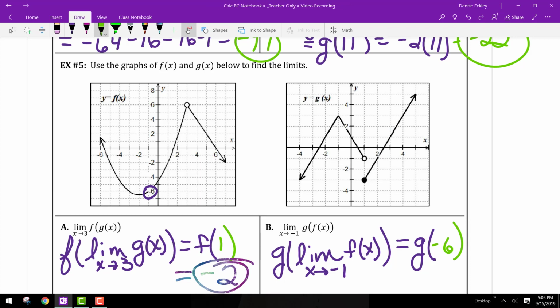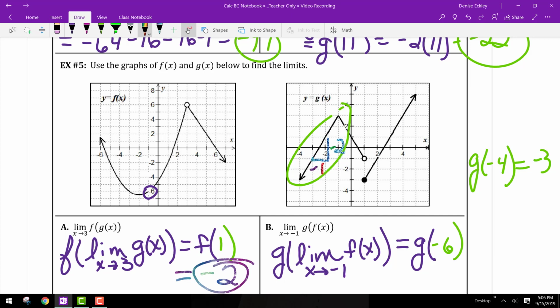And at negative 6, we can see that it's off our graph. So we can use some things that we notice about this part of the graph of g. We have a linear function, and it's not going to be changing anymore because if it were, they would have to show us that part of the graph. So what we do see on the graph is that g of negative 4 is equal to negative 3. And the other thing we can notice on this graph is that going to the left, we have a slope of this line